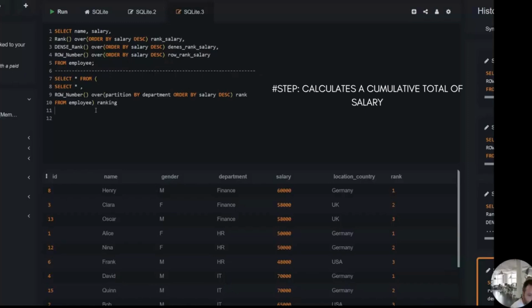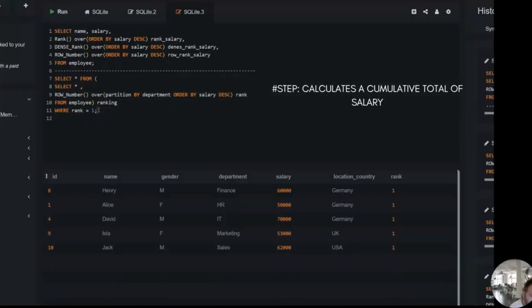Then from ranking, we already selected everything, but we need only the rank to be equivalent to 1. So we are simply saying for SQL, build first this dummy table, call it ranking, then go in this dummy table and take only rank equivalent to 1. If we run this,